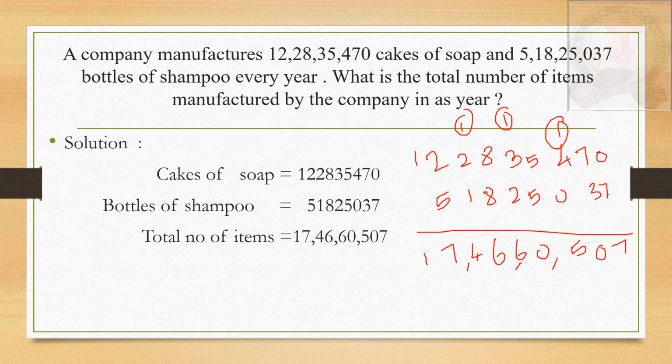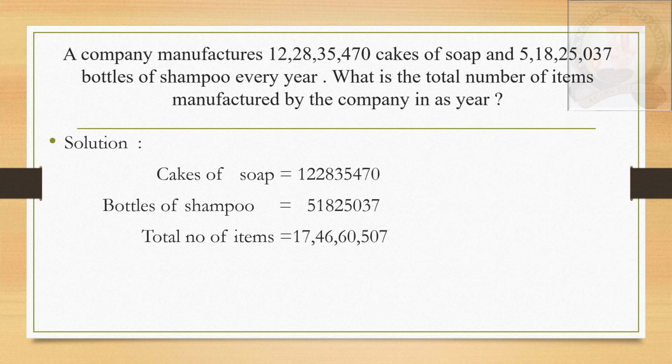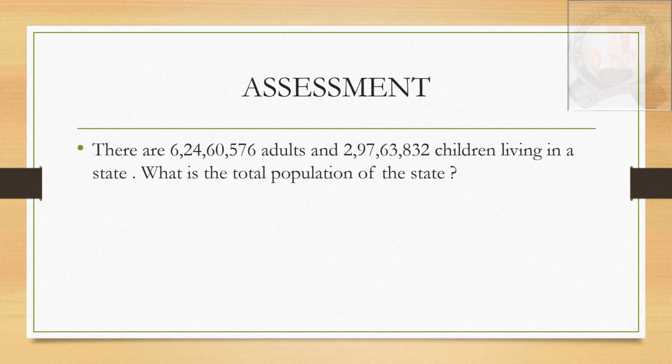So the total number of items produced by the company, which manufactures 12 crore 28 lakh 35,470 cakes of soap and 5 crore 18 lakh 25,037 bottles of shampoo every year, is 17 crore 46 lakh 60,507. Children, in the assessment part, the question is: